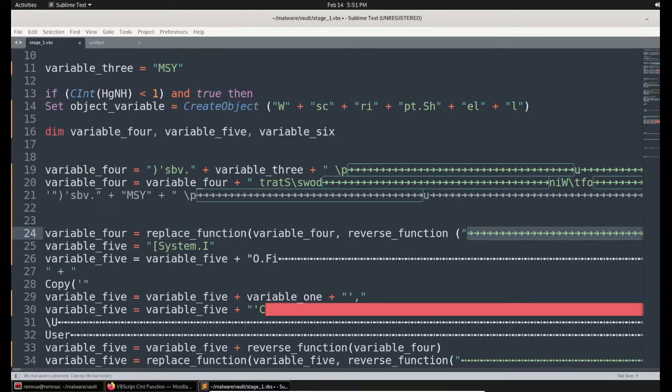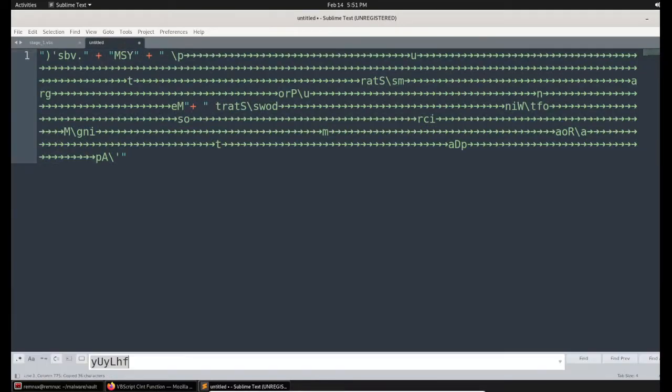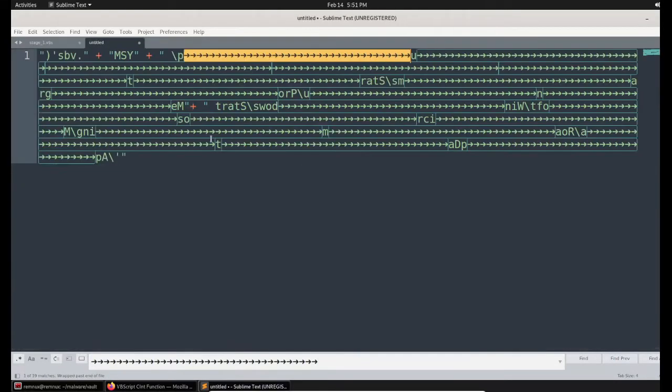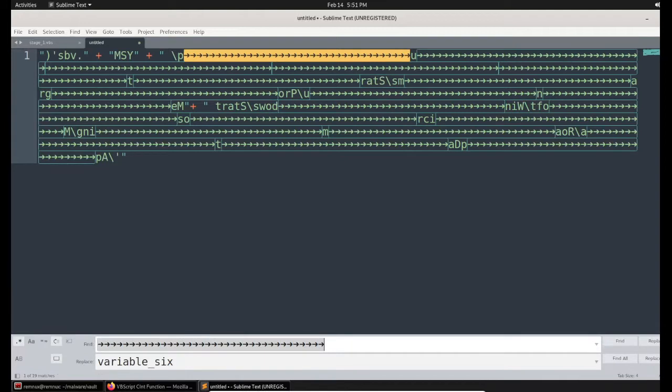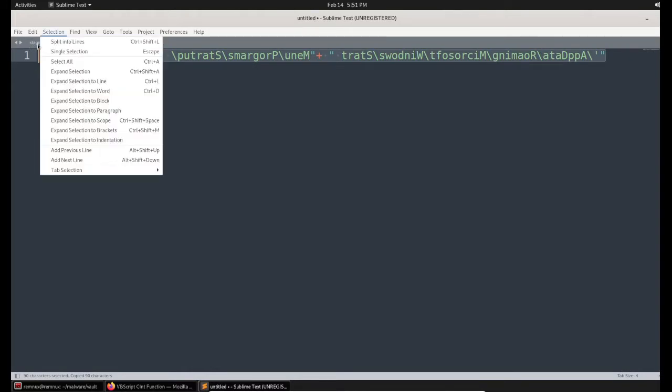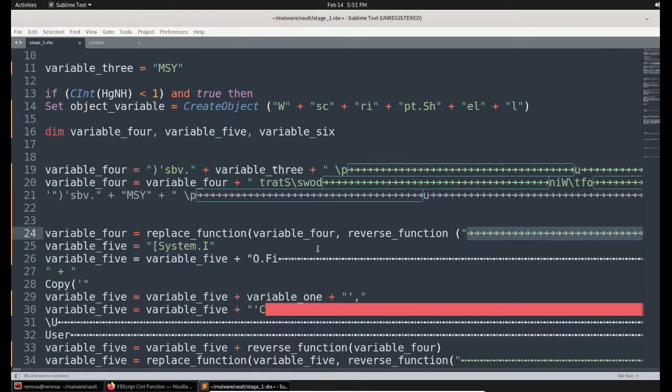I'm simply copying this string that needs to be replaced, going to this sentence, pressing Control F, and pasting it here, and I need to replace it with an empty string. So Control H, empty string, Control Alt Enter to replace everything. After the replacement, I found some juicy information. Let's read that here.